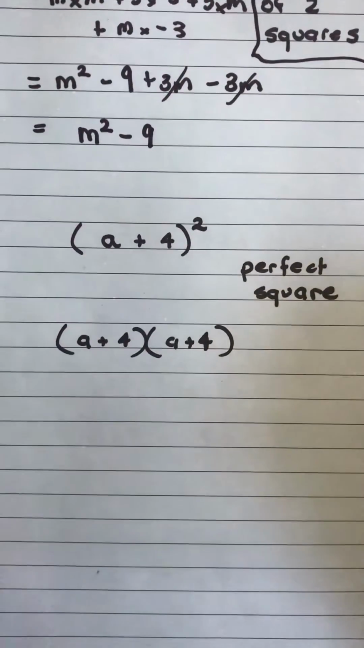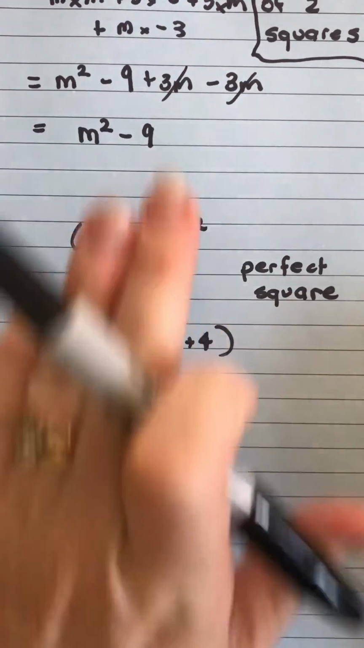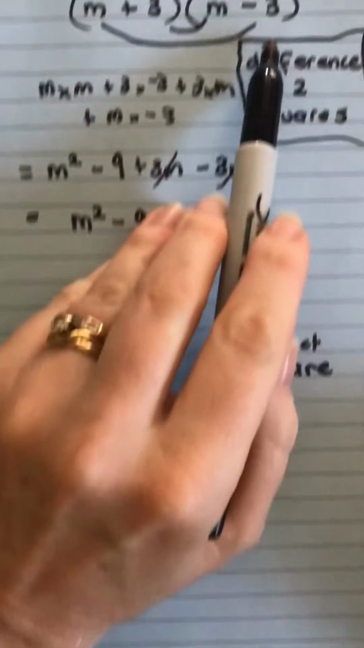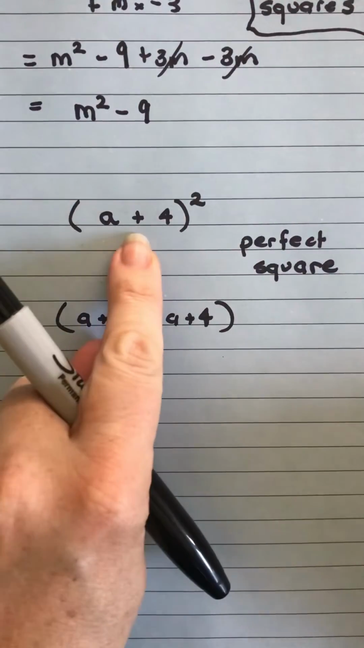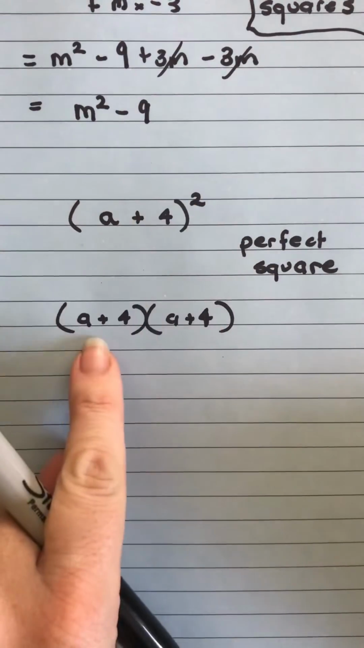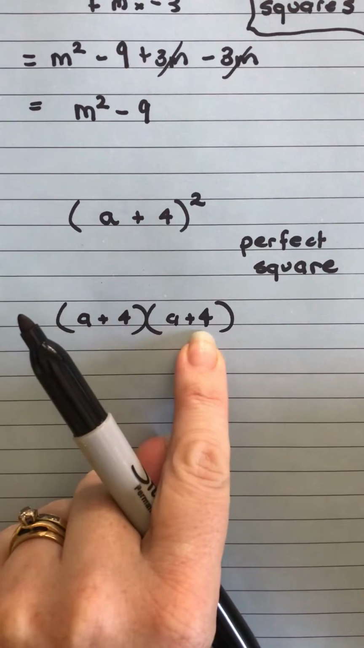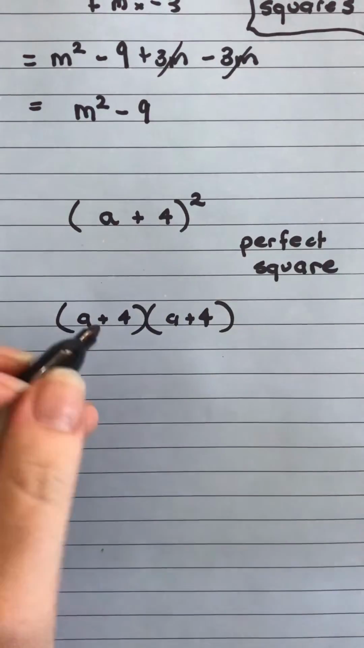The second one here we've got is a perfect square. So it's not a difference of two squares because we don't have the two different operations there. We've got one bracket with a squared, which we can write as the same bracket multiplied by itself. When we expand that,